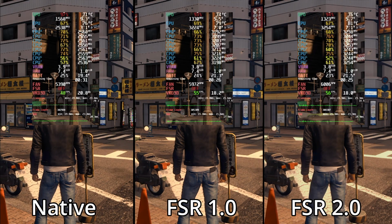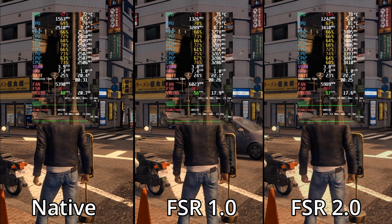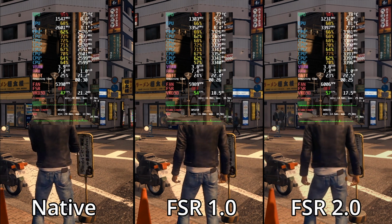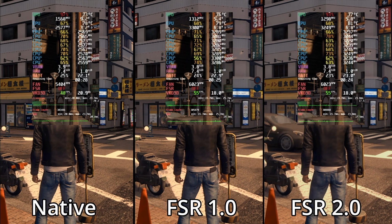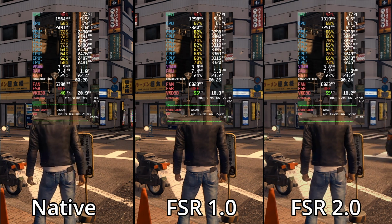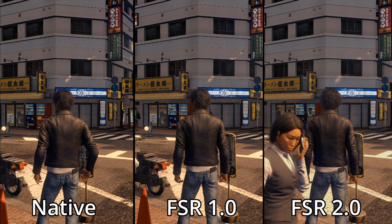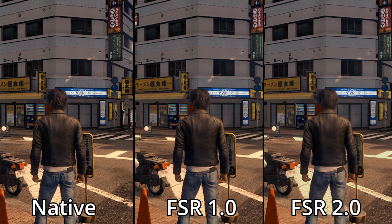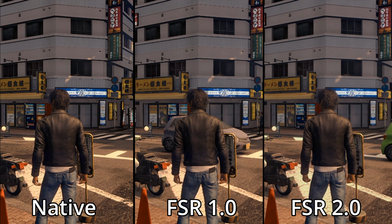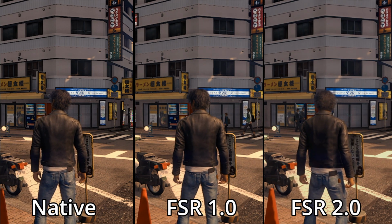On the street corner, when directly comparing native resolution to FSR 1.0 and FSR 2.0, we can see that FSR 1.0 and 2.0 come very close to each other, right around the same FPS, and both of them are around a 14% improvement over the native resolution. Image quality wise, I have FSR 2 at quality mode and FSR 1.0 at ultra quality mode, and I can definitely tell that FSR 1.0 has the worst image quality here out of all the images. For texture clarity, native definitely takes the lead here, with FSR 2.0 following and then FSR 1.0 definitely in last